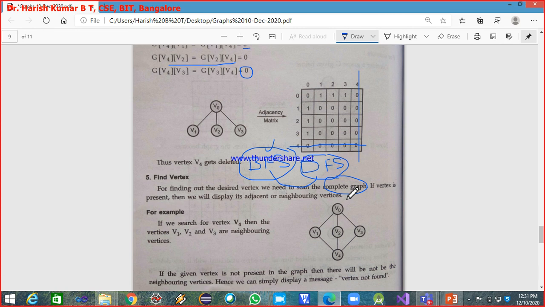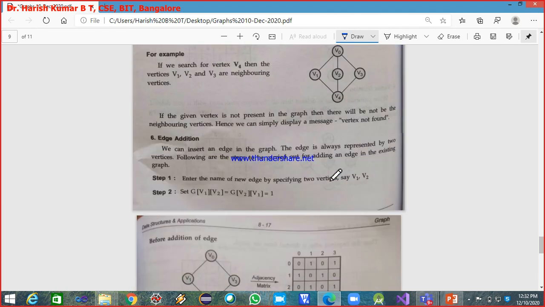BFS and DFS can be implemented using a recursive technique and a non-recursive technique also. Just as we understood in the tree traversal techniques, in-order, pre-order and post-order, how to traverse the given tree using the recursive techniques, similarly BFS and DFS can also be done in both ways: the recursive technique and the non-recursive technique.